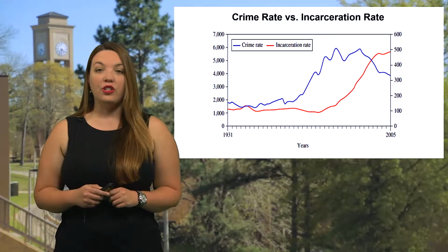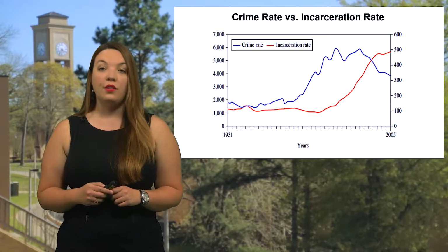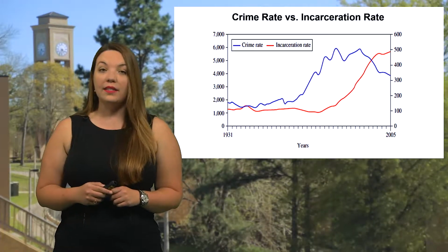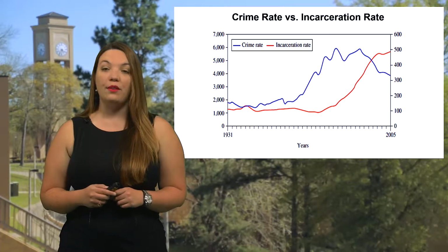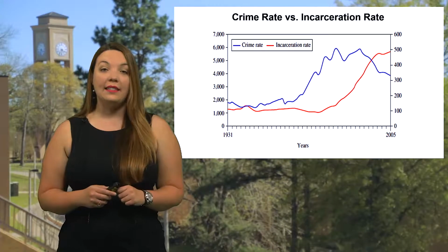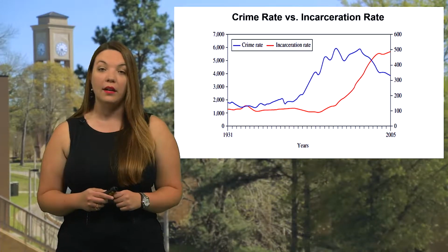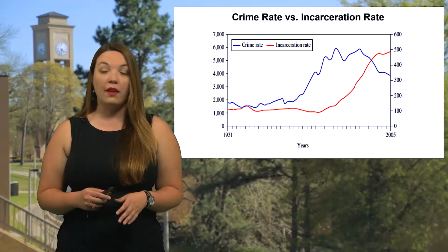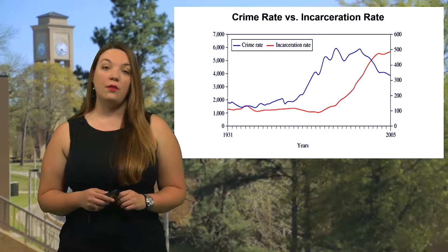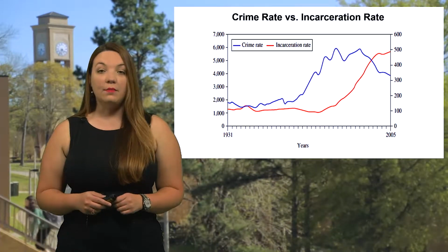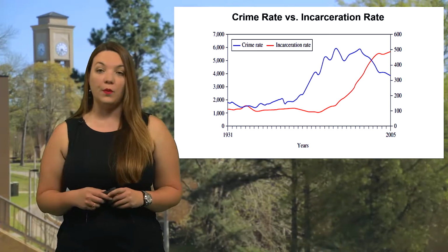This infographic shows the steady increase in the incarceration rate from 1931 to 2005. As you can see, the red line, the incarceration rate, really begins about halfway through the chart. What that indicates is the passage of the Comprehensive Crime Control Act of 1984, which abolished parole at the federal level, implemented the use of determinate sentencing, and increased mandatory minimum sentencing. This meant that people were going to prison for longer and were staying in for longer as well.